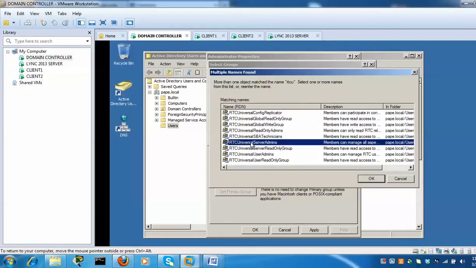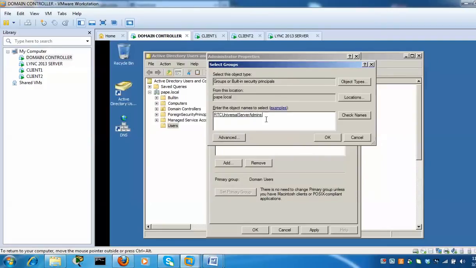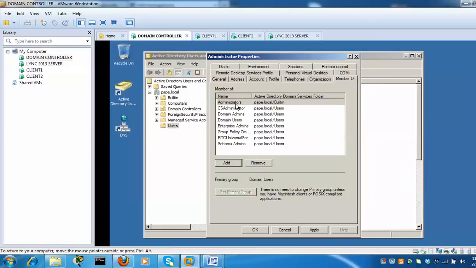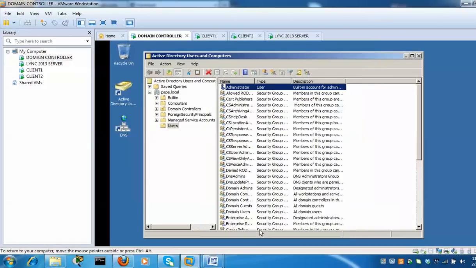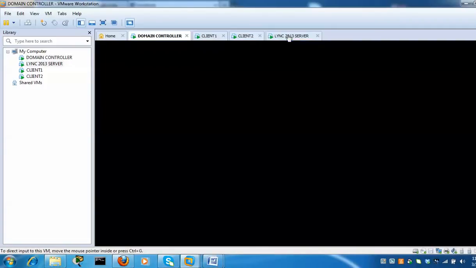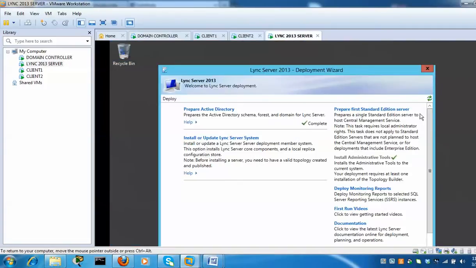I'm gonna check this one, RTC Universal Server Admins. Click on OK, OK, and click on Apply, and OK. Then I'm gonna go back to my Lync server,